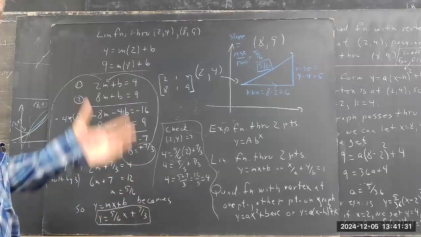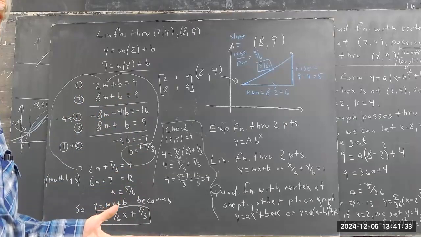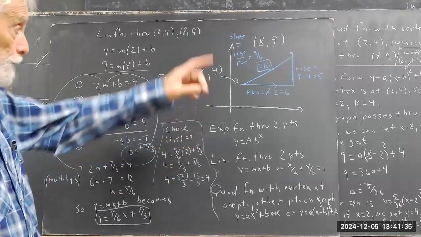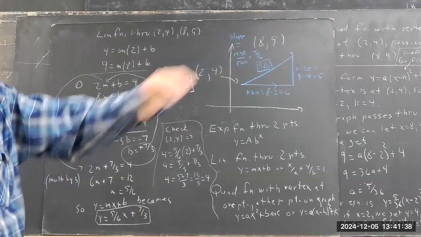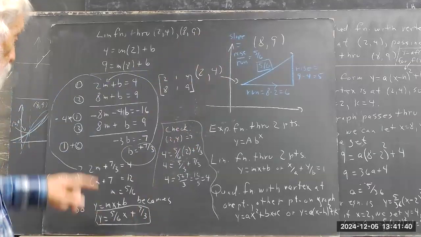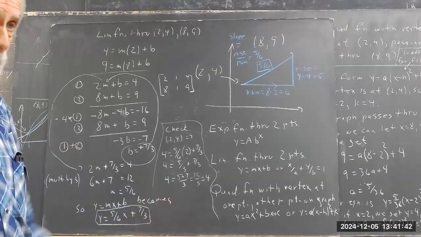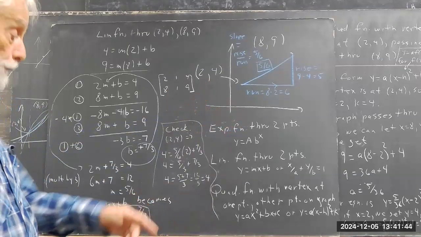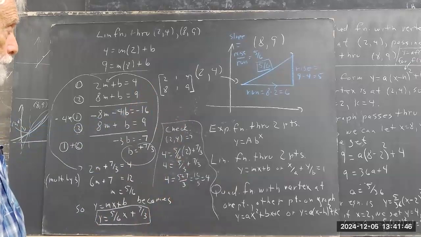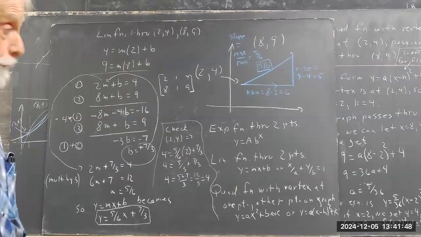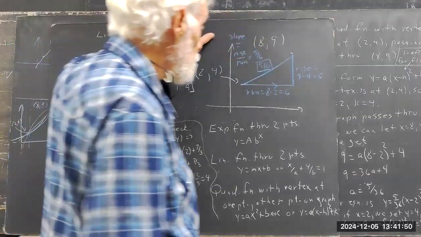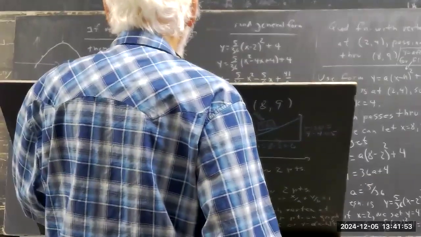Now that should be a real familiar process because we've done it very recently. But that's how it applies to get the equation of a straight line through 2 points. And then we check the point, we plug the coordinates of the points in and make sure they fit and so forth. Now, sticking with these same 2 points,